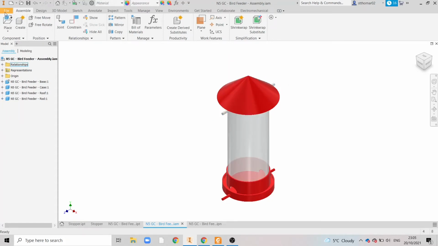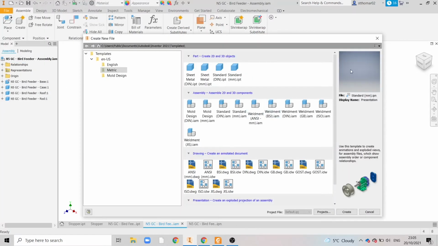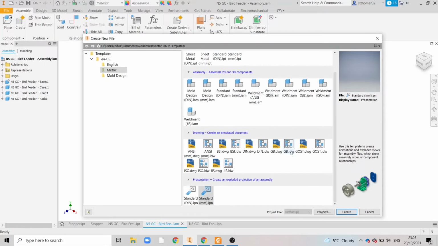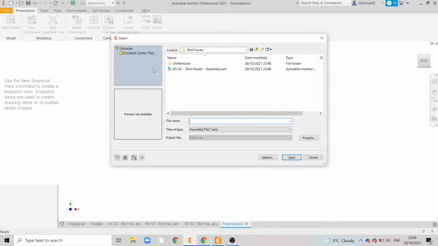Our starting point is to go to File and to select a new type of file. This time we'll have to scroll down and find the standard millimeter IPN. This stands for Presentation, Inventor Presentation. We're going to start by clicking Create, and it will open up a blank workspace, but it will ask us